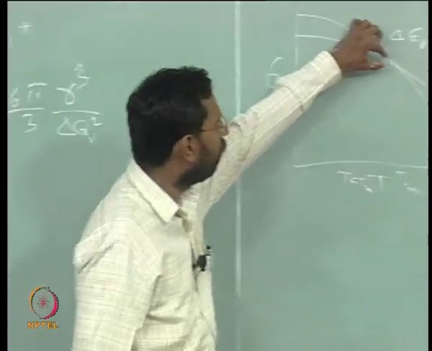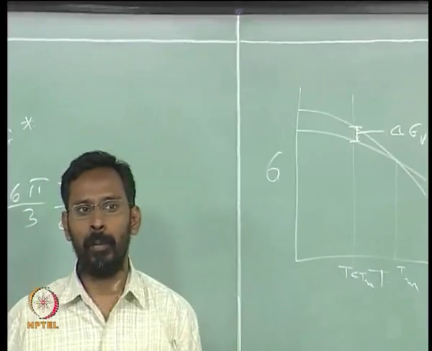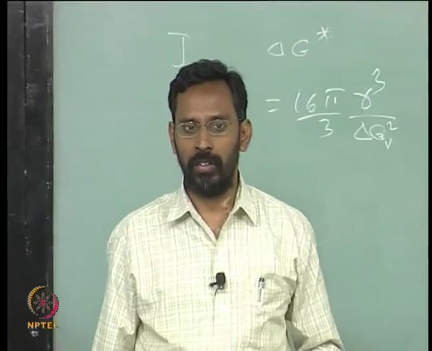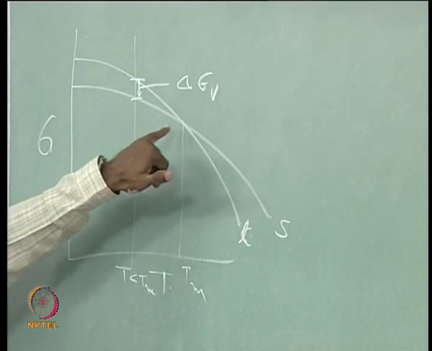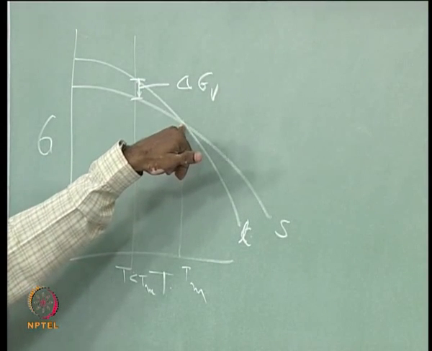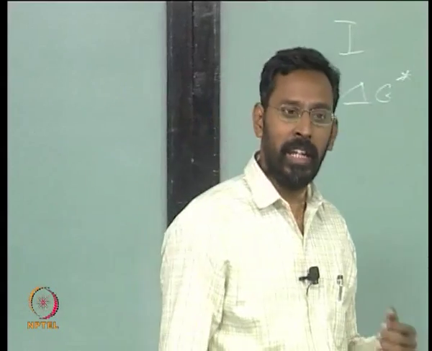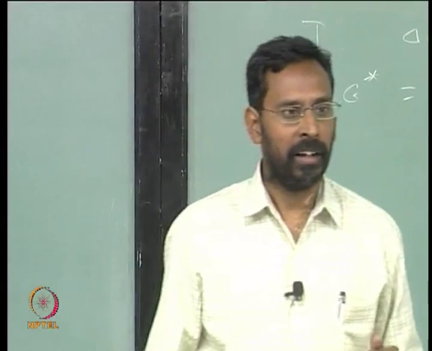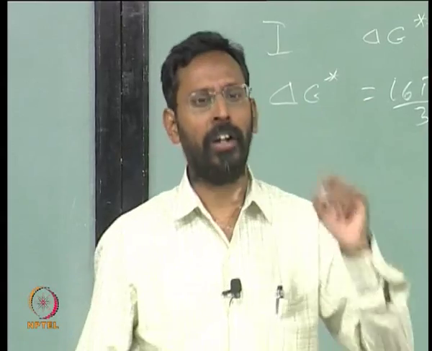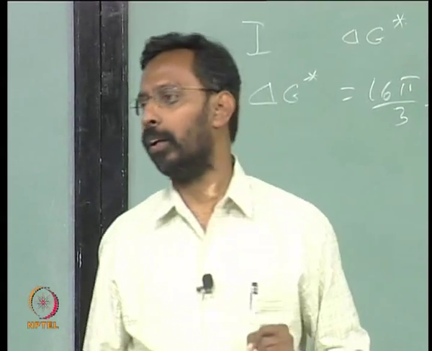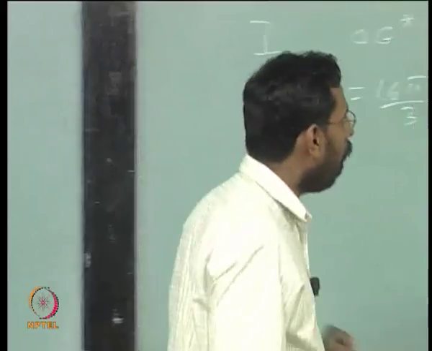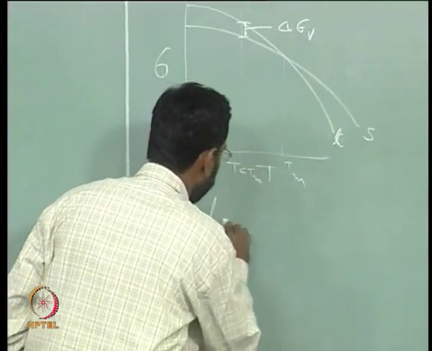These two start deviating more and more as you approach lower and lower temperatures, and at the Tm the delta G V is 0. That is why in principle at the melting point there is no transformation, you do not have any transformation at all, and you need the liquid to be undercooled. You may say that even for heterogeneous nucleation for that matter, you need a small undercooling, however small that could be. You need a small undercooling for the liquid to transform to a solid.